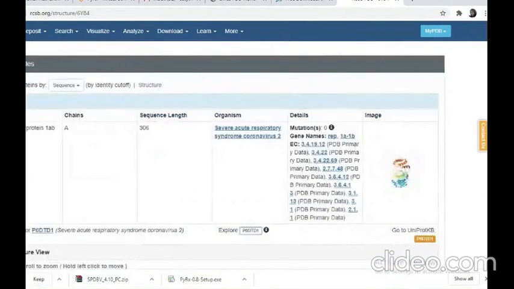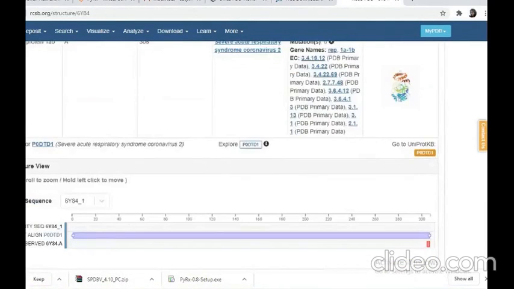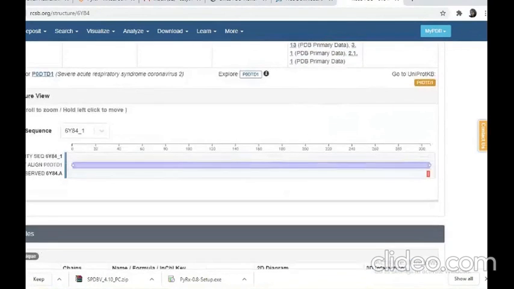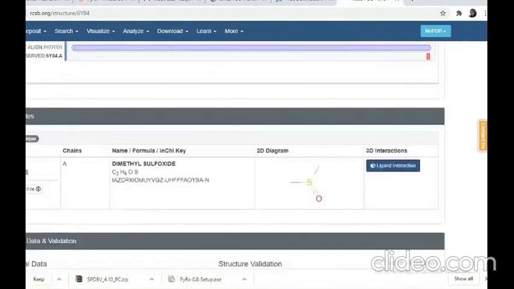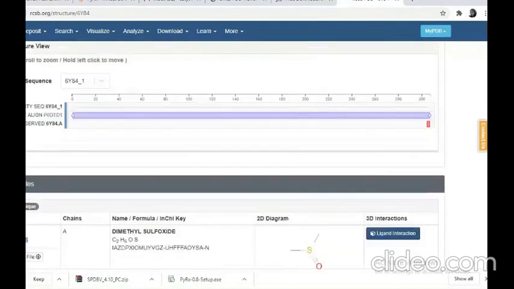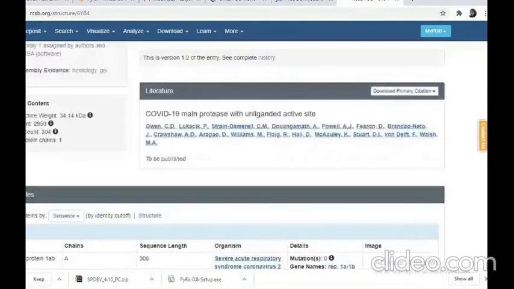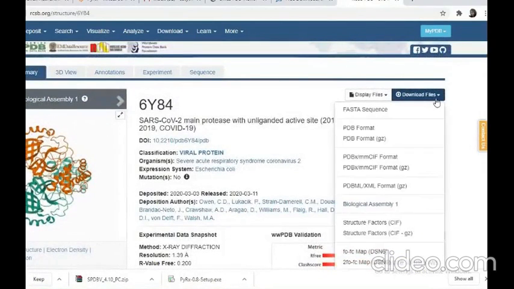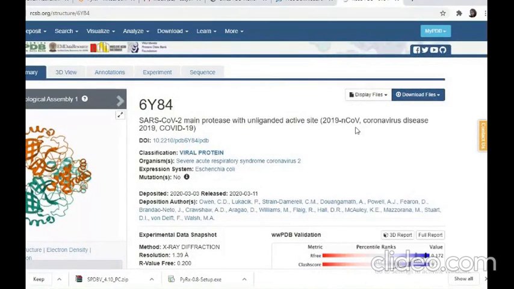There are different entities, molecules, and ligand information also. We can take this ligand also, but we have taken directly from PubChem. So BMS can also be one ligand. Now you download. If you see here, there is a download option. Click this download and choose PDB format, simply download it. All proteins have to be downloaded.